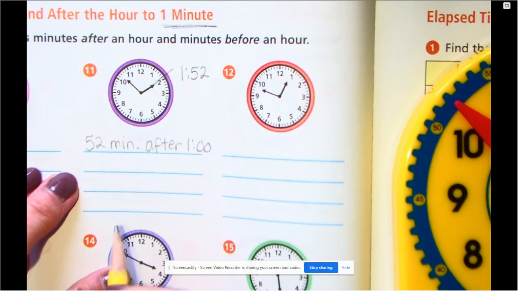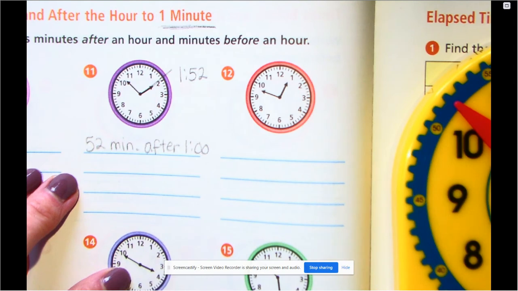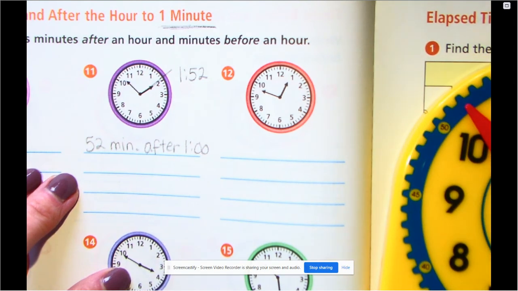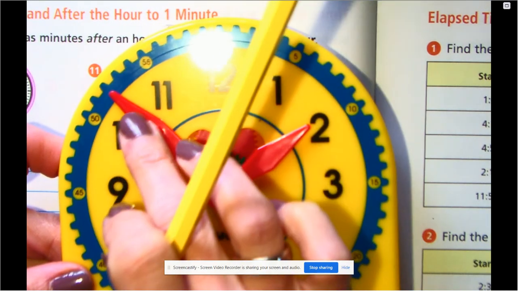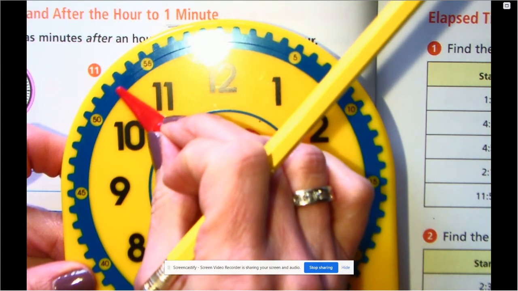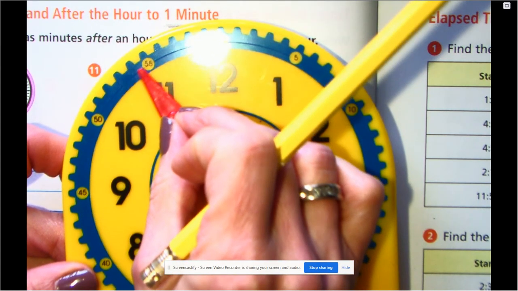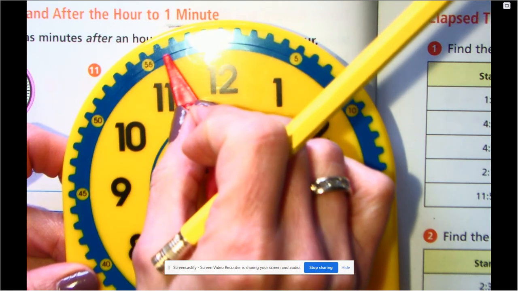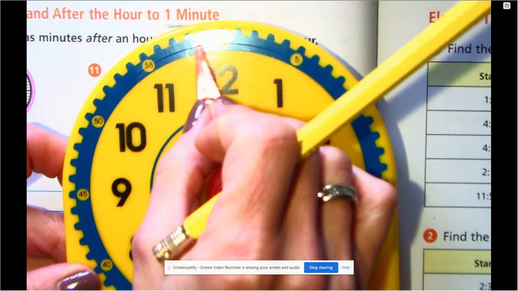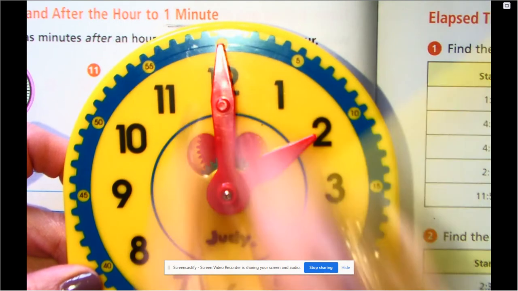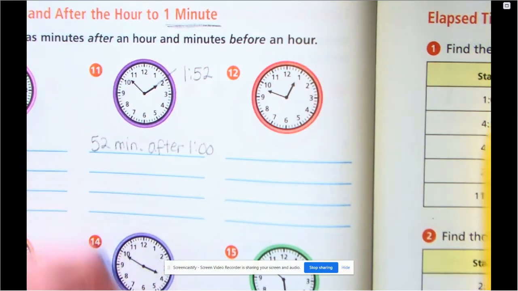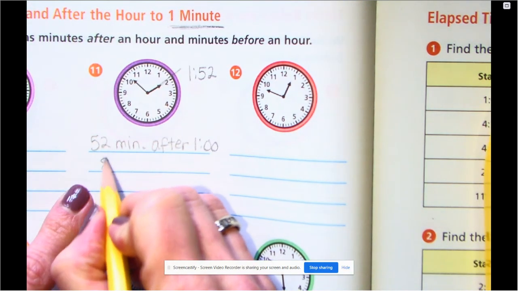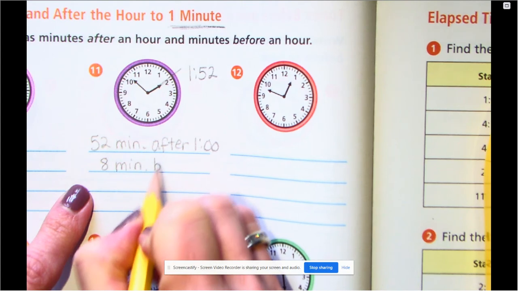We still have time until the next hour. How many more minutes are we going to have to go to get to the next hour? Let's look and see. I'm at 52 right now, right? How many more minutes? 1, 2, 3, 4, 5, 6, 7, 8 minutes until it's the next hour, right? And now it's 2 o'clock. So 8 minutes before